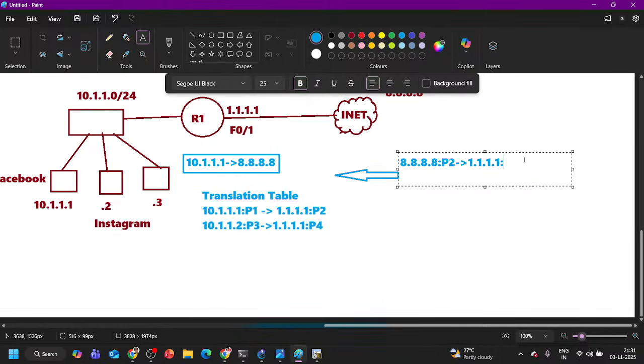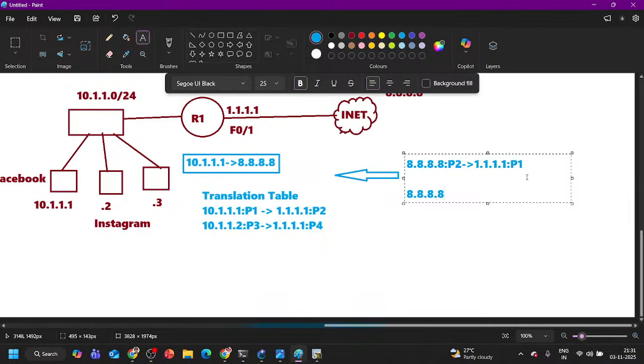P1 for PC1 for first request. For second request, source port P4, destination IP 1.1.1.1, and destination port number P3, right? Now when router will receive this request, it will understand that okay,